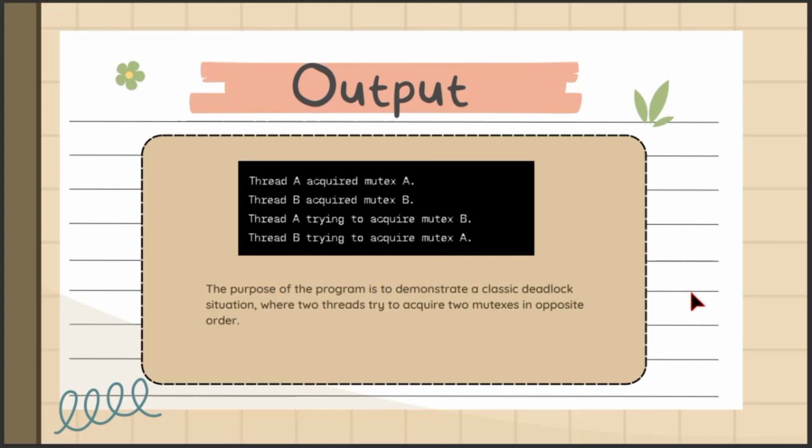So once the program is successfully executed, it will show this output. Thread A acquired mutex A, thread B acquired mutex B, and then thread A is trying to acquire mutex B, thread B is trying to acquire mutex A. So this is an example of a deadlock